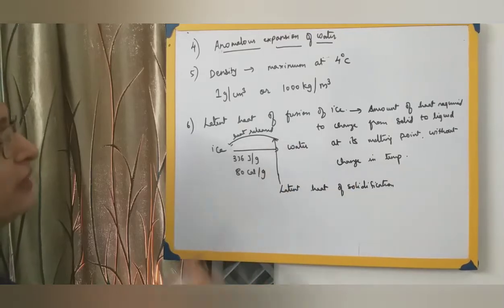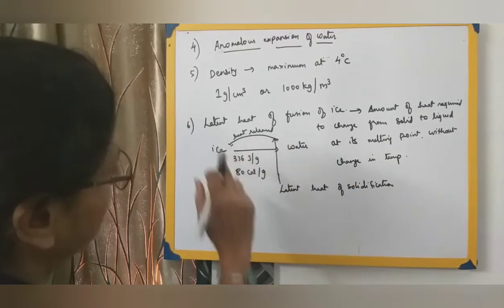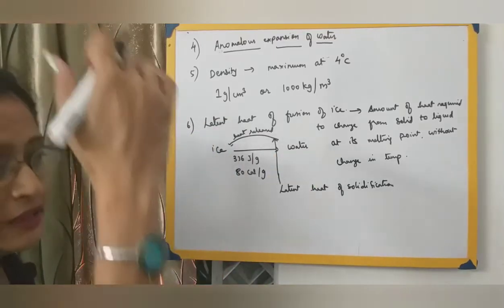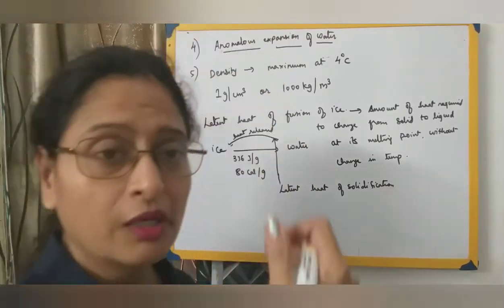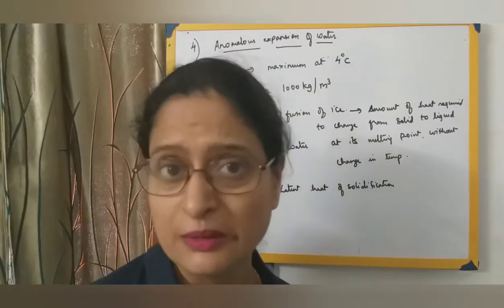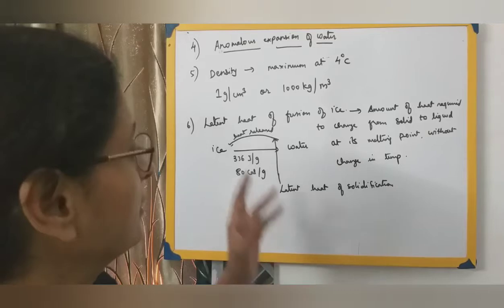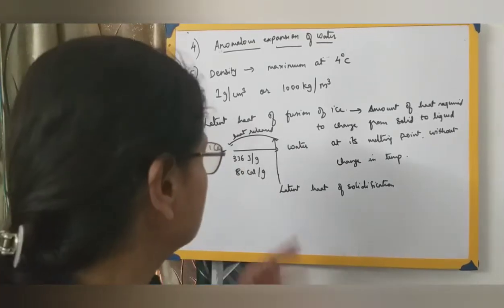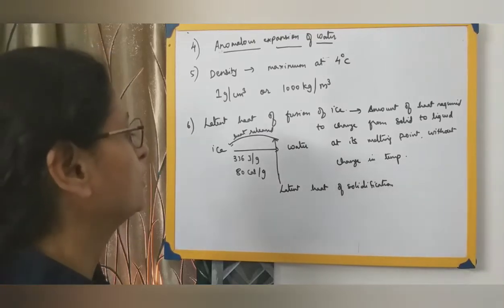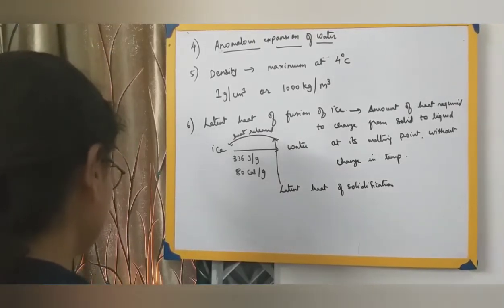This much heat has to be released from water, only then is it going to change into ice. And when this heat is released, the temperature should fall and the thermometer should show a dip, but it is not going to show that, because the heat released has been utilized in bringing about the change of state. So this amount of heat we call the latent heat of solidification.